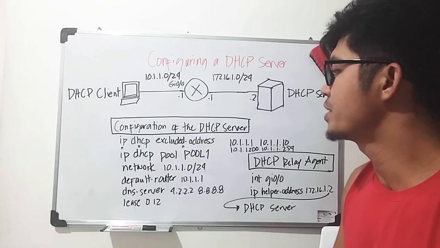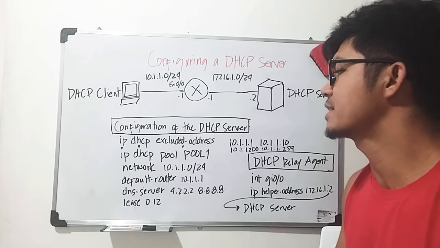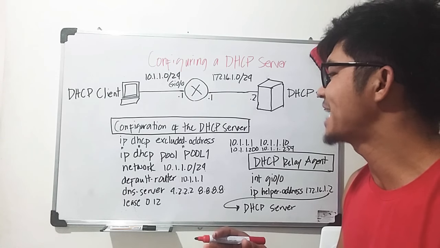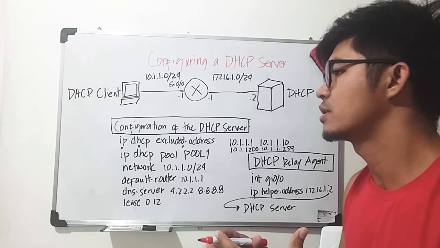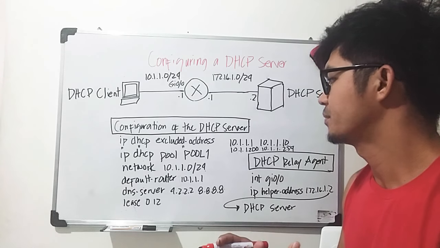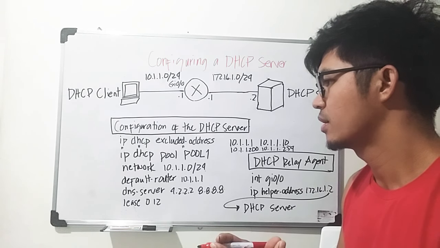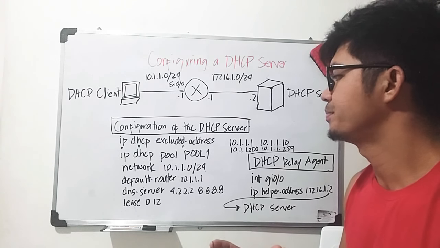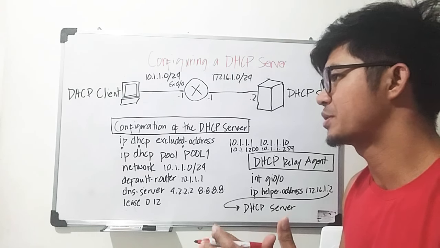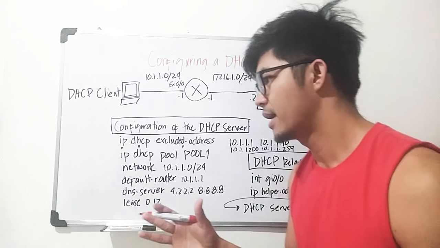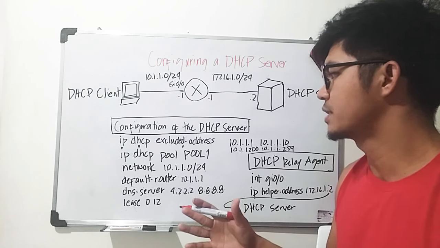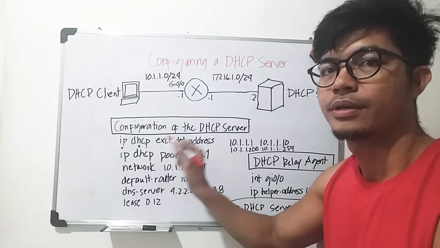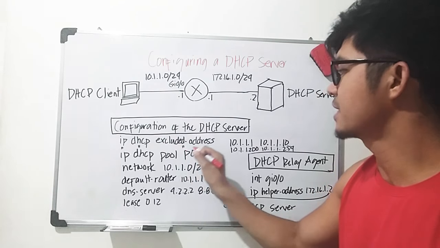First off, before we create a DHCP pool, we need to exclude the addresses that we don't want DHCP to assign. We don't want DHCP to assign those addresses to any hosts on the network. So what we should do is exclude the addresses